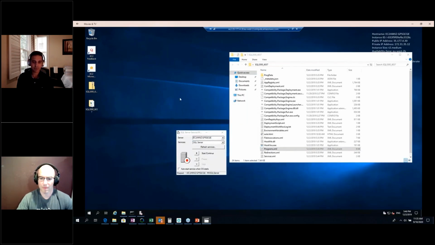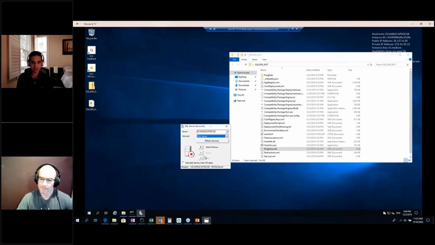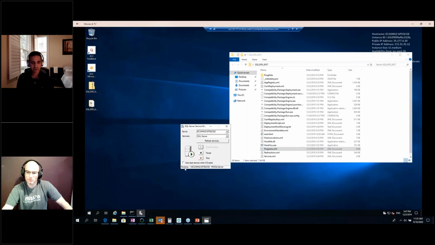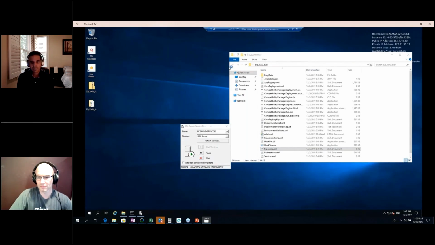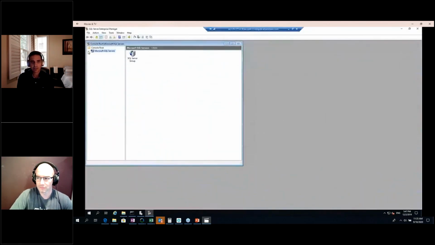And then what we are also going to do is go into the Enterprise Manager, SQL Enterprise Manager, to establish a connection with a database on the back end. So we're going to start the service and then go in and establish a connection with the database. Okay, so that service has started here. Go into Enterprise Manager, connect with the database, and then as part of this, we will also just do a quick connection test to make sure that everything is set up correctly.